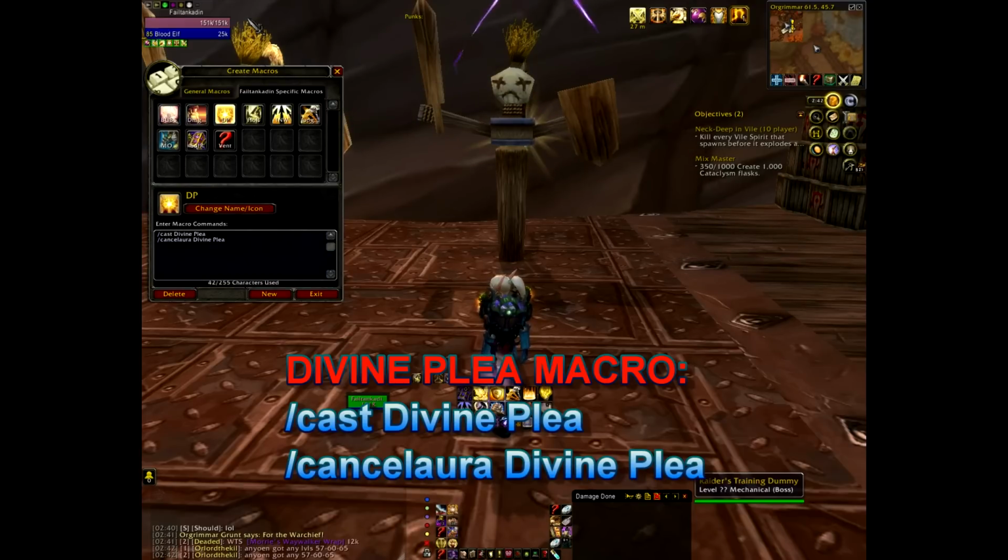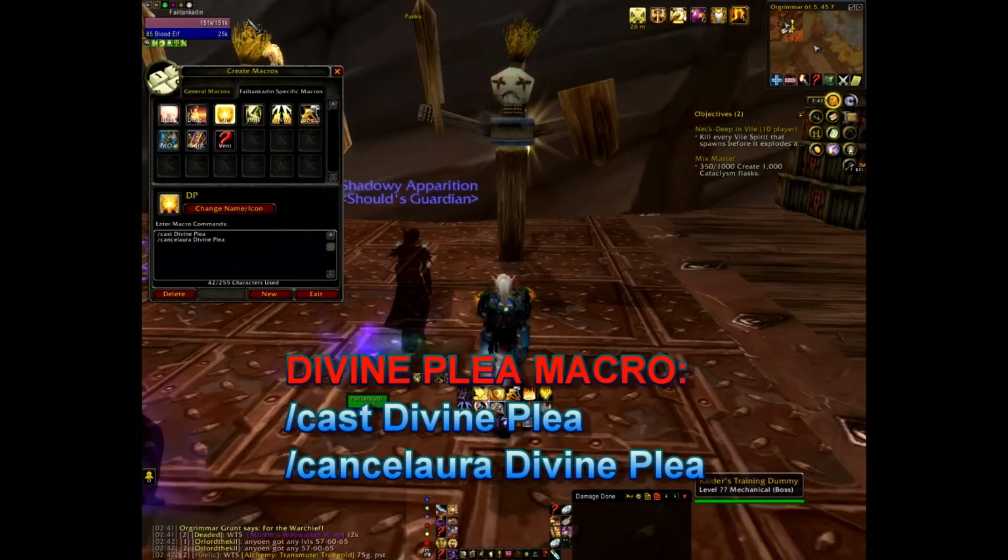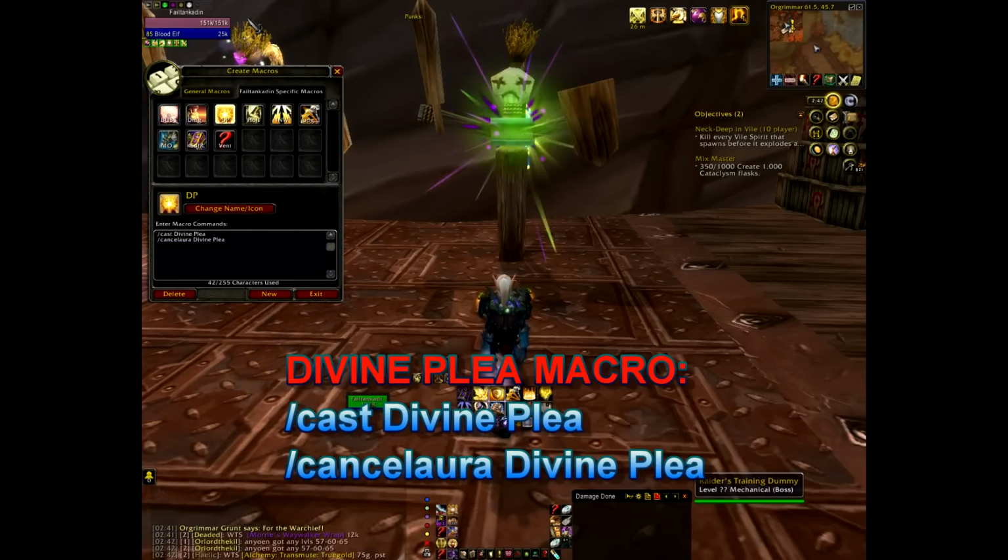The issue is that it pops a debuff that prevents your self-healing by 50%. Well, you're going to think, I don't really heal myself as a tank, but keep in mind, you can use this in oh shit situations to pop Word of Glory. So if you're going to use it to pop Word of Glory immediately, you're going to want to cancel that